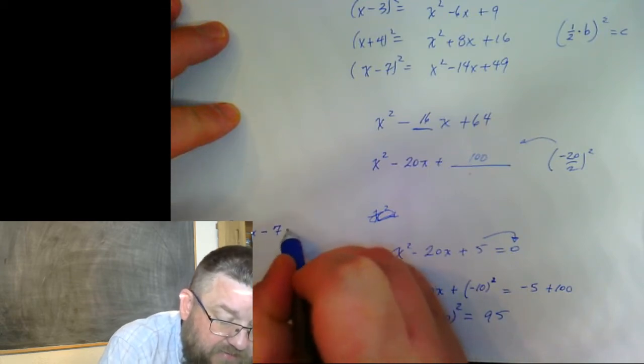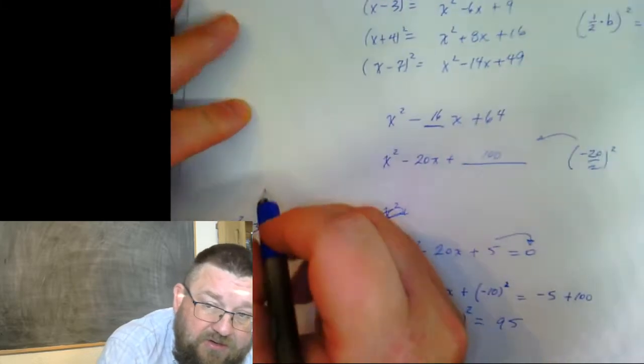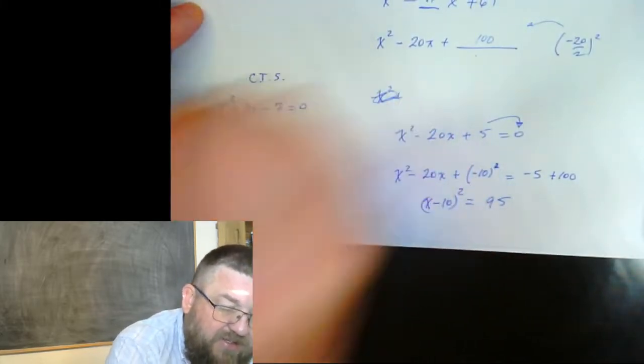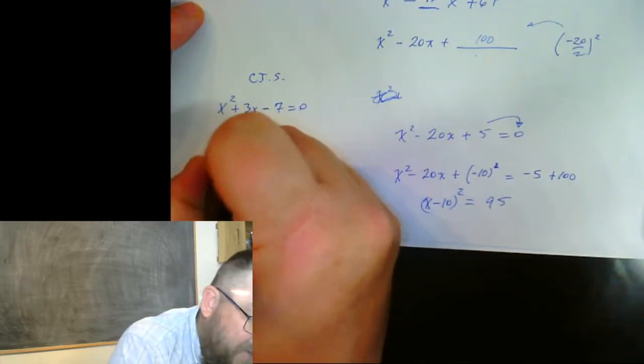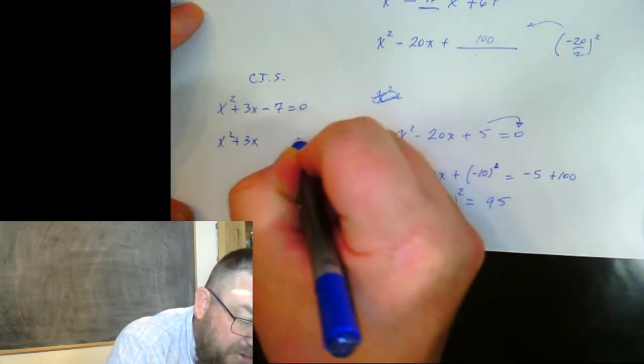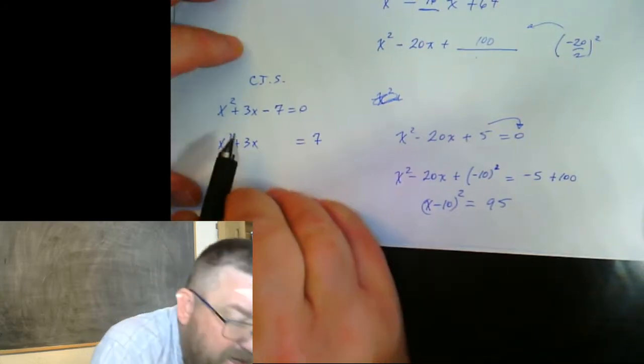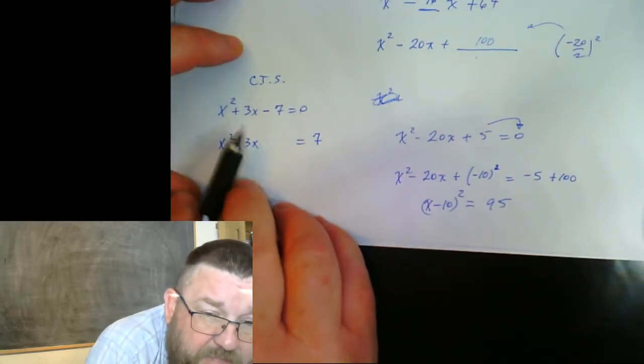Let's say minus 7 equals 0, and we were going to complete the square, CTS, for this. So last example of this one, we're going to move the 7 to the other side, okay? Now, what we've got to do, we have to make this a perfect square, half of b squared has to